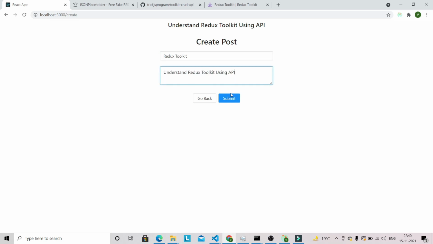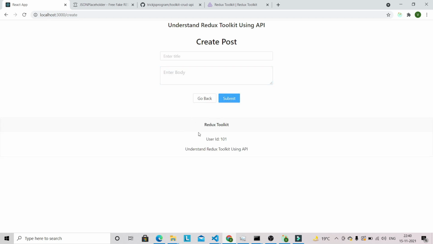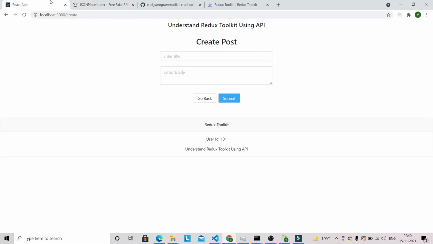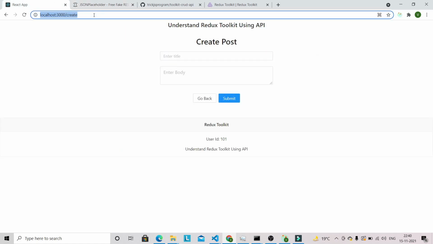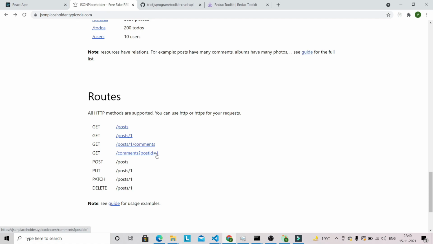If you click submit, a new user post will get created with the title Redux Toolkit and the body, that is, understand Redux Toolkit using API, and we have got some random user ID which we are getting from this JSON placeholder fake API. If you again refresh this application, you will lose this data, because again it's not stored in a DB.